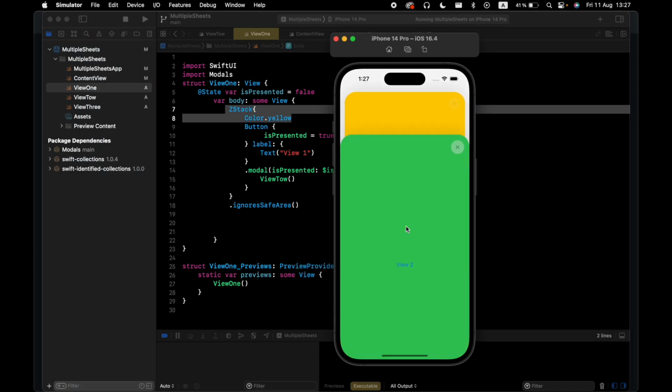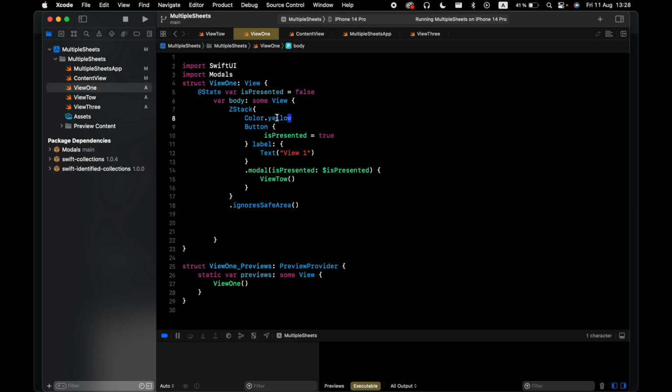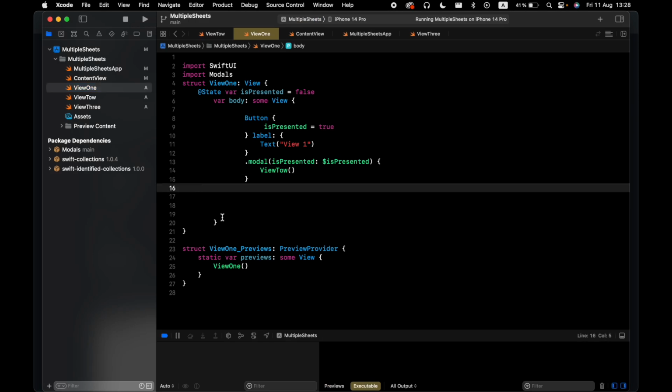Here's view 2. As you see here, you have a nice animation in the background here. So now I will delete the ZStack for the first view,